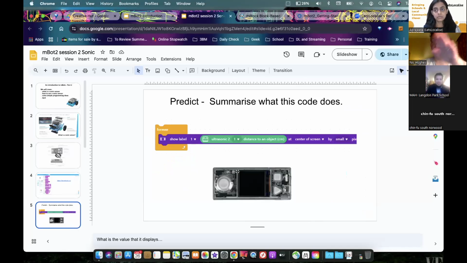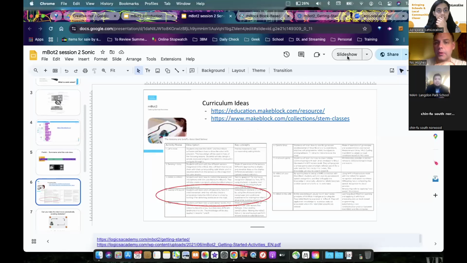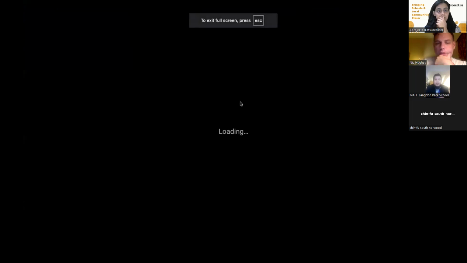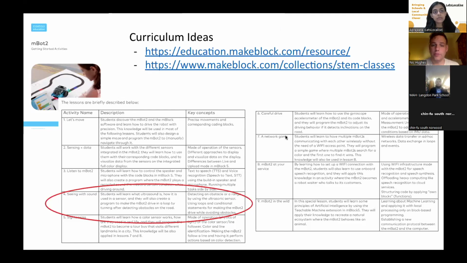So yeah, that's giving you an idea of how to do it. And so the lesson will progress. This is using the set of lessons that you've got access to. There's lesson 8. There you go. Learning how to set Wi-Fi connections, speech recognition. And lesson 7 also talks about networking. So 7 and 8 will hopefully answer your question in a bit more depth.